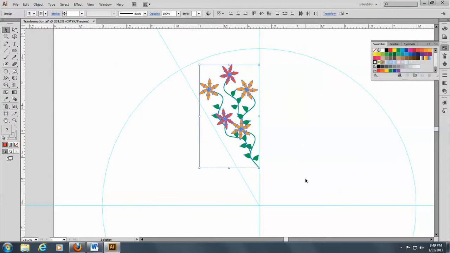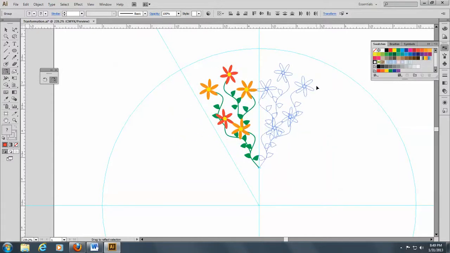So I'm going to make a copy of this and bring out my rotation tools here and go to my reflect tool and put the rotation point down there and drag this around to the other side so it kind of looks the same, and make a copy